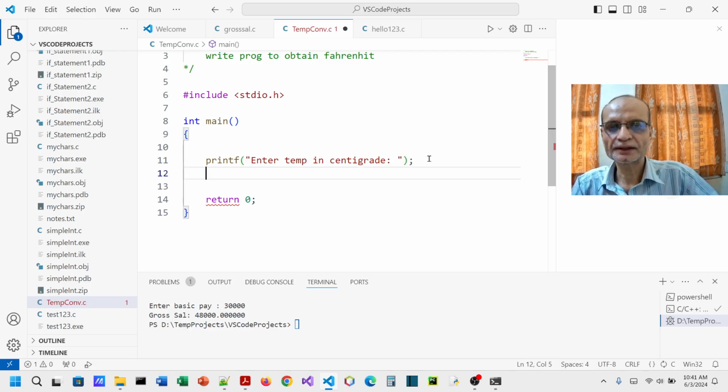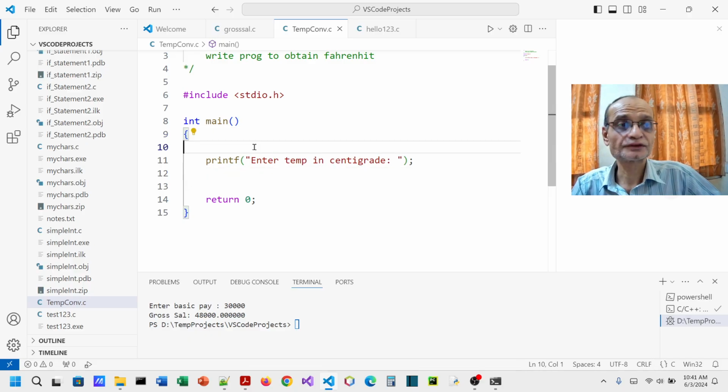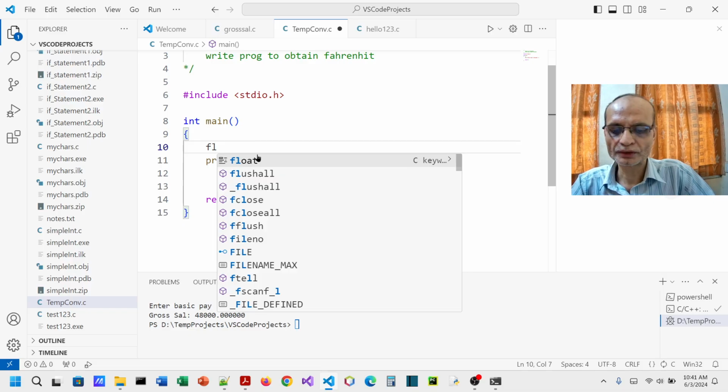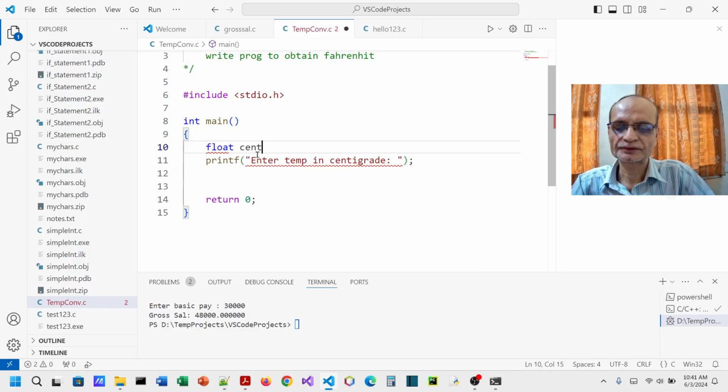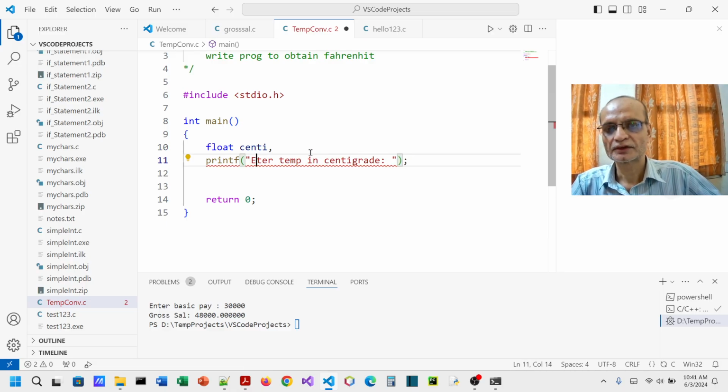Now that means I need to have variables which will be defined. So here the variables will be float, and I will have centi for centigrade, and another will be Fahrenheit. So FAH is the Fahrenheit